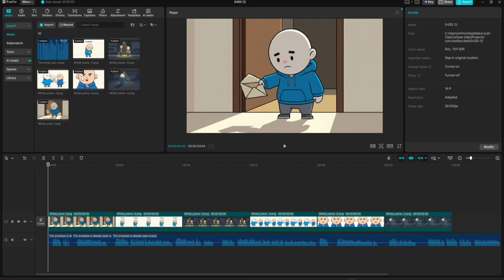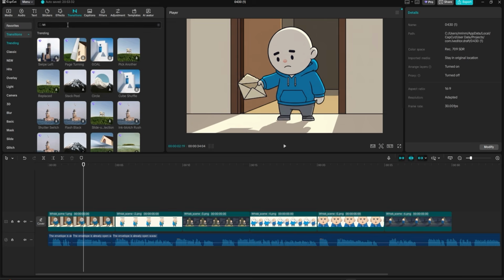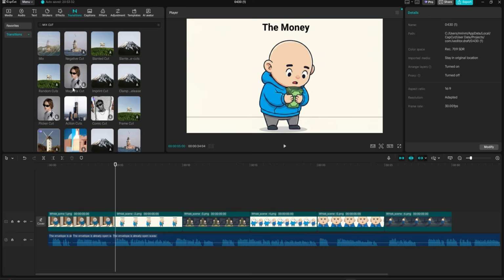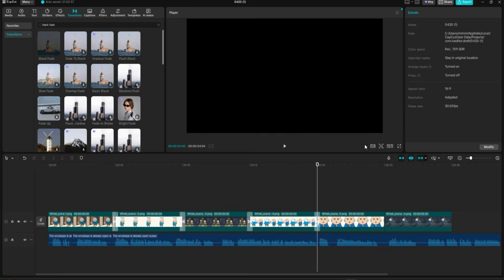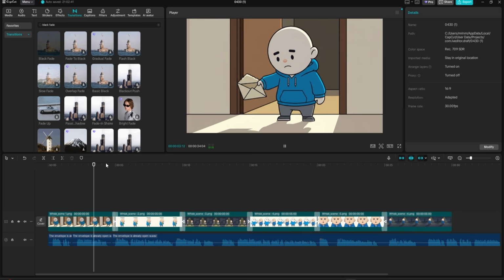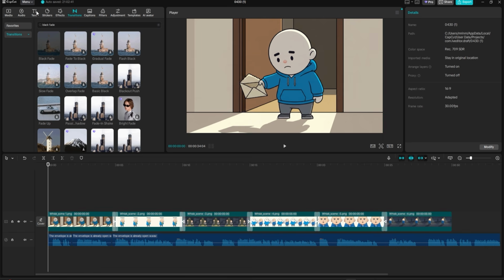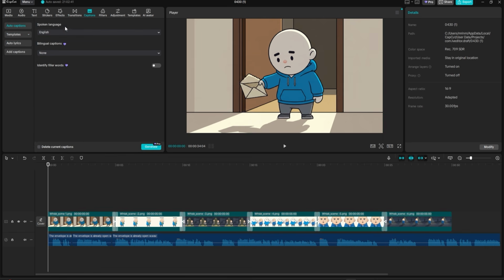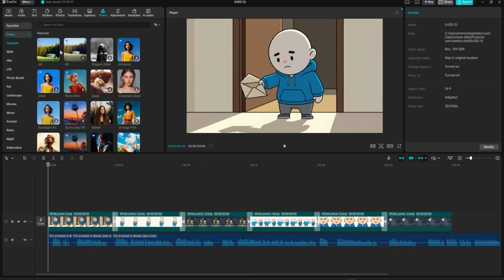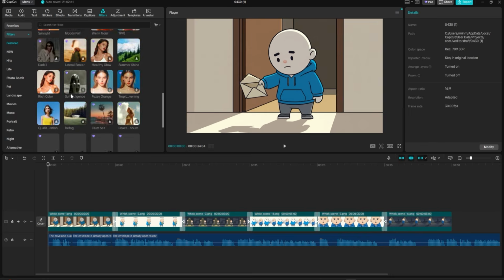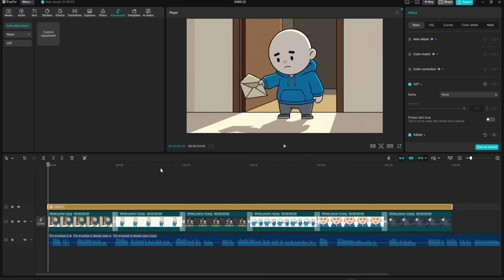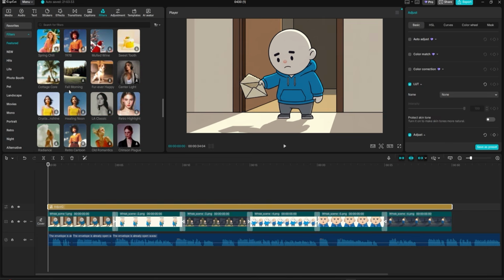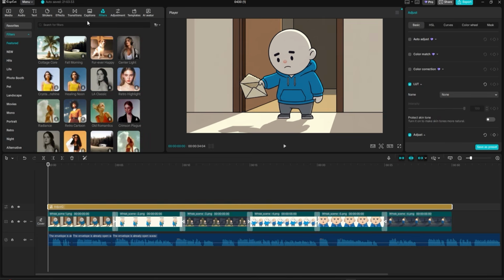For transitions, keep it very simple. A mix cut or a black fade works best for this style. No heavy transitions because no one is here to see your cool transitions. The story is the hero here, not the effects. Captions are also optional. Add them if you want, skip them if you don't. For filters, add one across the full video to give it a consistent look. If you cannot decide, drop an adjustment layer over the entire timeline. That's it. Play with the settings until the mood feels right.